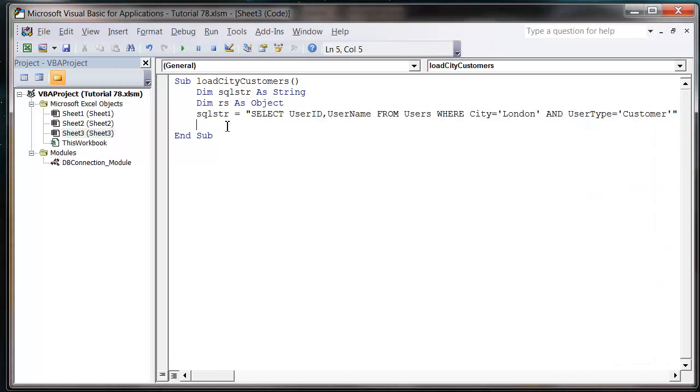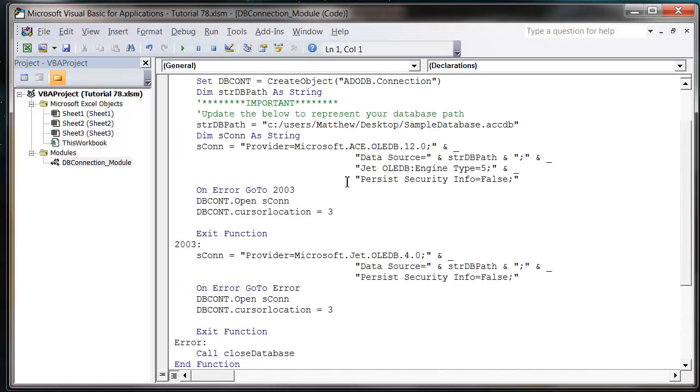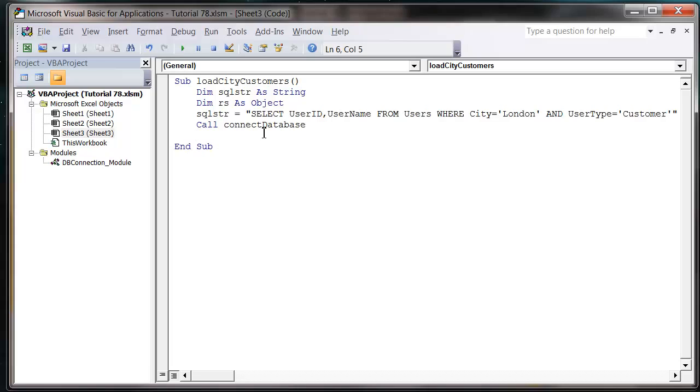So now let's open up our database connection. So call connect database, and if you haven't watched earlier tutorials, I created this method in our DB connection module in tutorial 71. So if you need to learn how to do that method, go back to tutorial 71. Probably watch a few in between as well. And then we're going to create our record set object. So set rs equals create object ADODB dot record set,